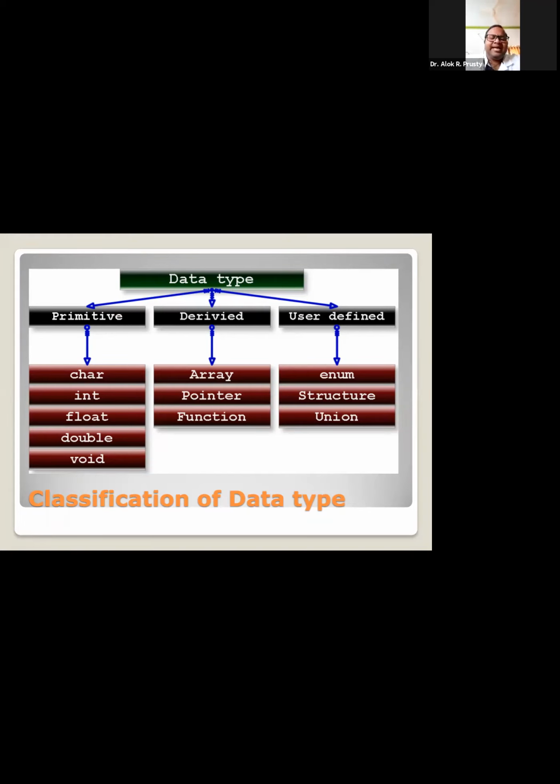Under user defined data type, we have structure and union, and another data type, enum, is also there. Sometimes you can find enum written separately from the user defined data type, but to be sure, I am telling you structure and union are both user defined data types. You can take enum under the user defined data type, or as a separate data type like void. I said in some books void is also written separately beyond the primitive data types. I think it's clear till now.